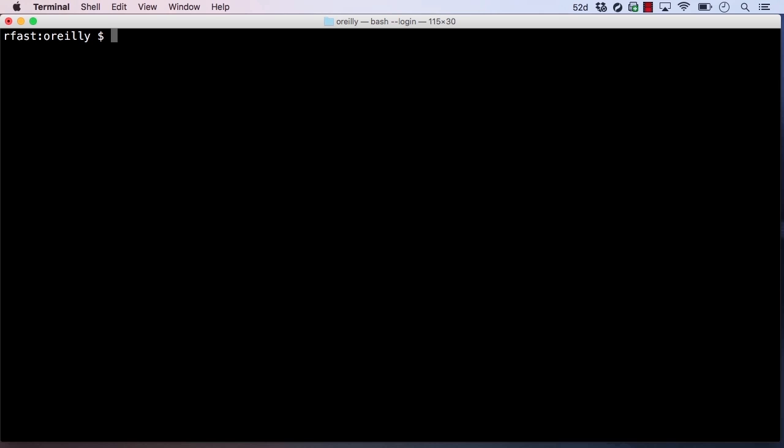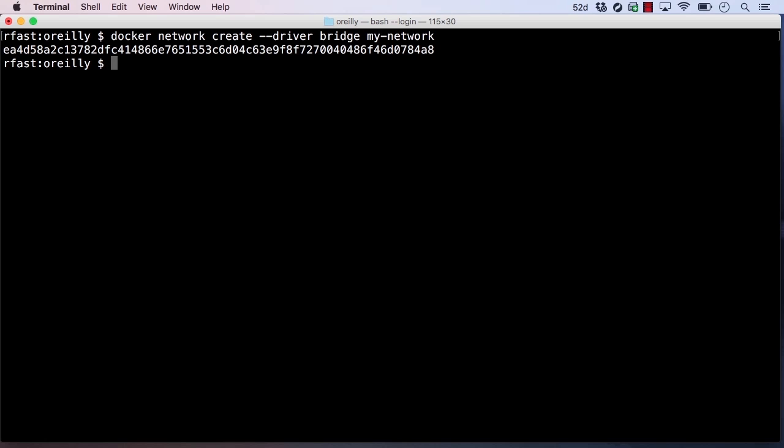containers can run in. We can easily create a new named bridge network on our Docker host using the docker network create command. This command simply accepts the driver type and a unique network name as arguments. We need to specify the driver type using the driver flag. Since we're creating a bridge network, we'll specify bridge as the driver name. Finally, we need to specify a unique name for our network. We'll call ours my-network. And we can see here that this command simply created our user-defined network and printed the